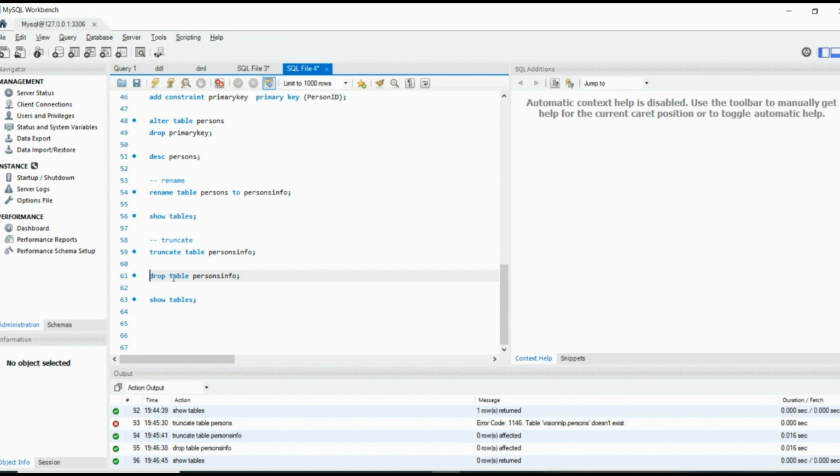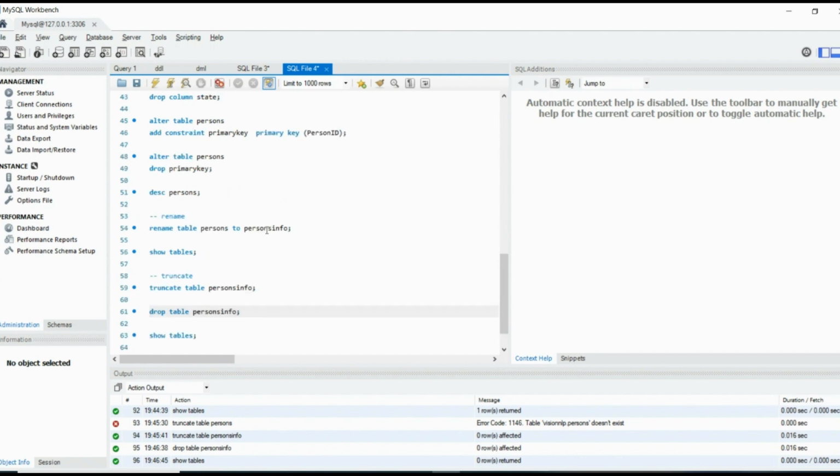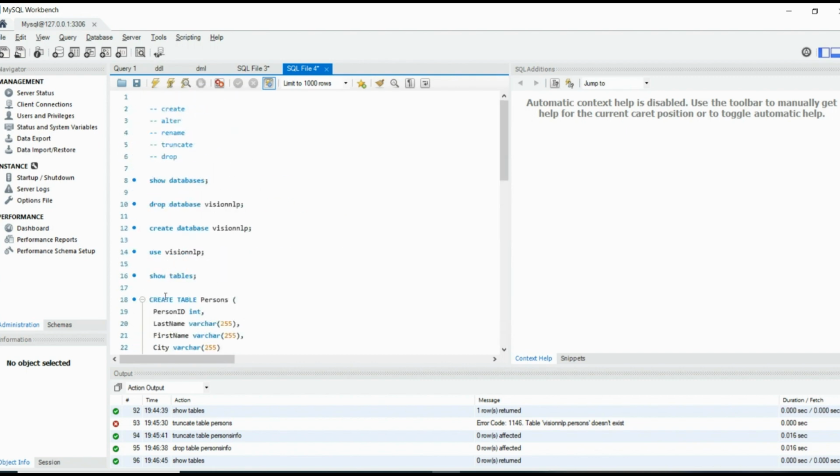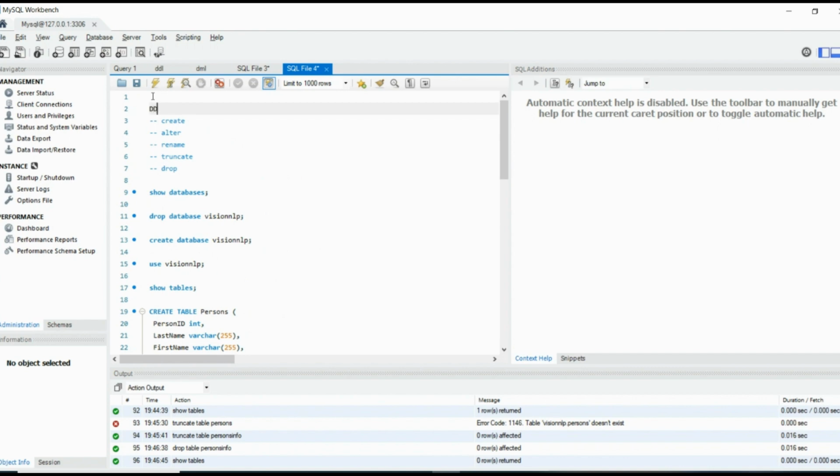So that is worse if you have accidentally created a particular table or replicated any tables that you would like to delete, then you can use that. It is like if you have some files available in your local directory that you would like to delete, you usually choose shift delete or delete. Delete can still store the information in your recycle bin, but drop usually removes everything if you have admin access. So just make sure twice or thrice if you really would like to delete any particular table. So this is all about the DDL commands